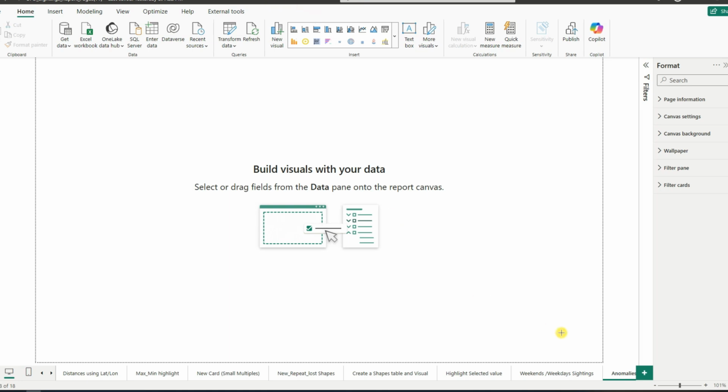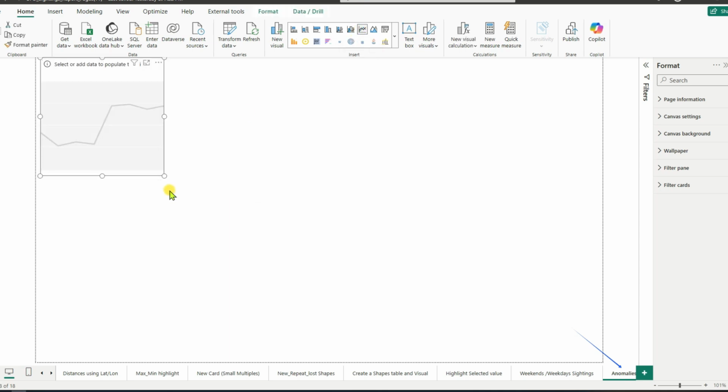Hi, in this video we'll try to talk about anomalies. We know an anomaly is something which is a deviation from an expected value, right? It's kind of abnormal values. So we will try to use that option which we have in a line chart visual and some of the